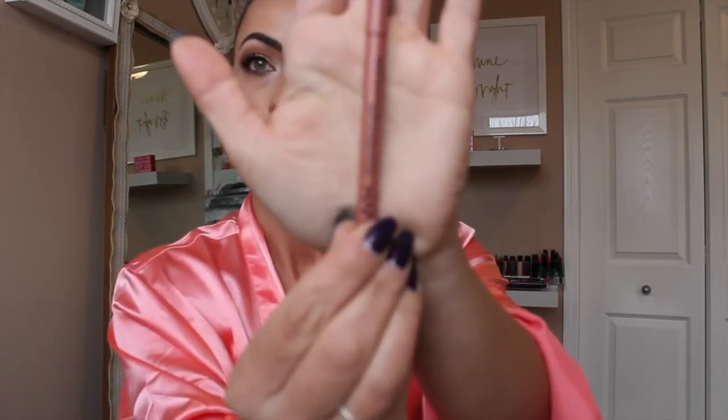To prevent that harsh brow look, I'm just going in with a mascara brush and just blending the brows out a little bit. Next up, for my lips, I am using the NYX Cosmetic lip liner in the color Nude, and